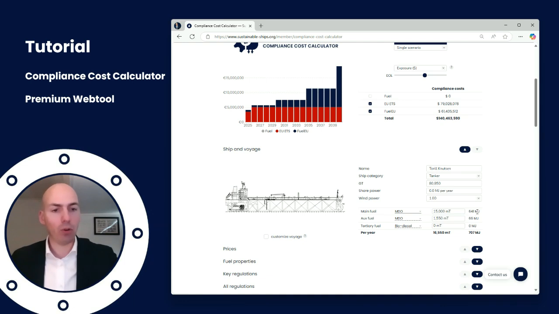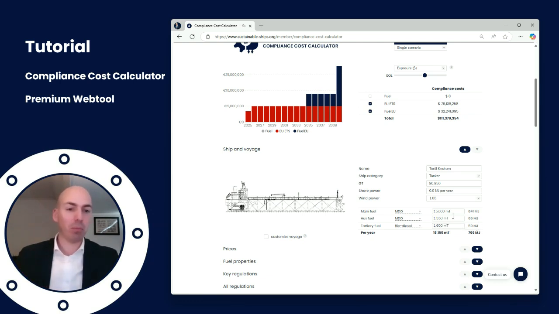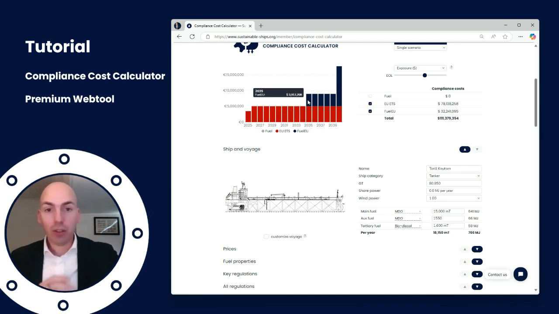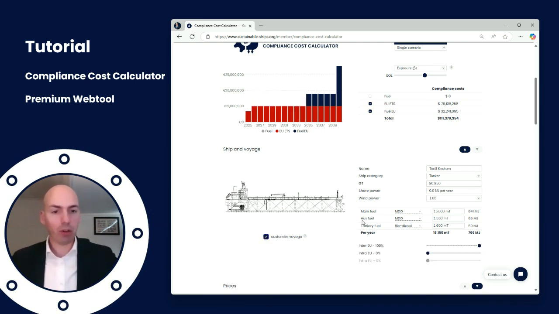We've also added the total amount of energy, because that's not useful only for shore power. If we're going to blend something with biodiesel, for example, what if we have 1,600 metric tons of biodiesel, then we see that we still need a little bit more to compensate for all the auxiliary fuel that we have used up. But we directly see the impact on, for example, FuelEU, and that we have no penalty until 2035, which is nice. We can also customize the voyage, a very important aspect, because EU ETS and FuelEU, of course,